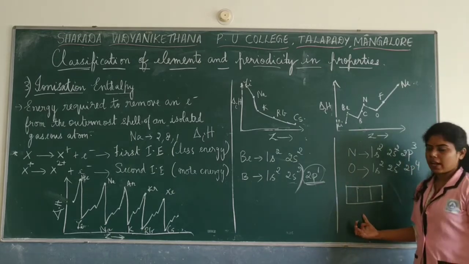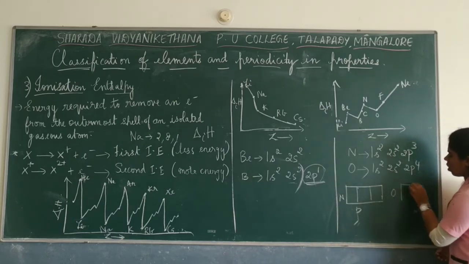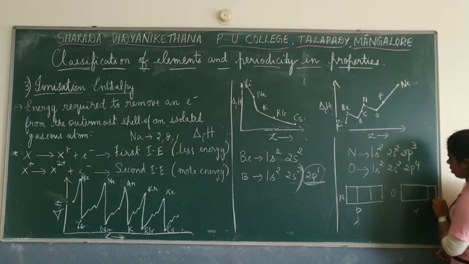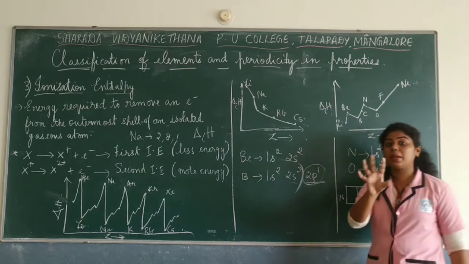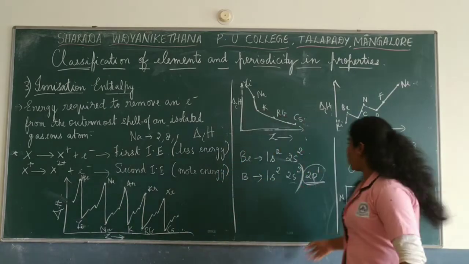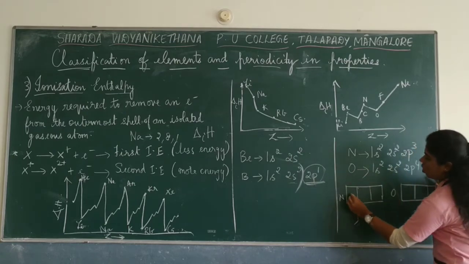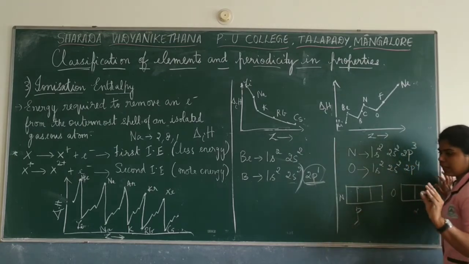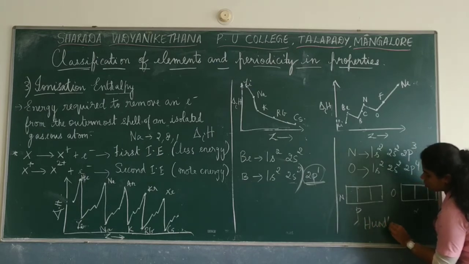Remember? Correct? So here I will write it for nitrogen. Here I will write it for oxygen. 3 orbitals. Correct? How many can you fill in p? I told you in the second class. What was it? 6 electrons. But now how many do we have for nitrogen here? Only 3 in the p. So always while filling there is something called Hund's rule, which we will be studying later on in the next chapter.